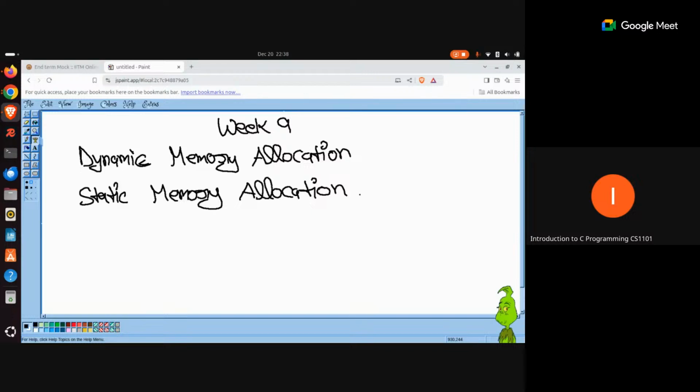See, as the name suggests, static means that you are telling the C compiler that I need this much memory upfront. And whatever allocation happens in static memory allocation is going to happen at compile time. That means as soon as you start executing your program, whatever variables you created as part of your C program